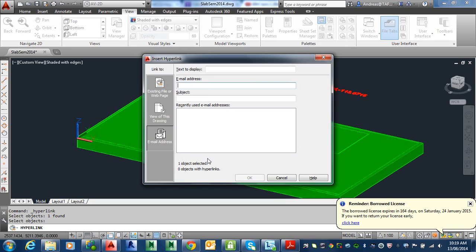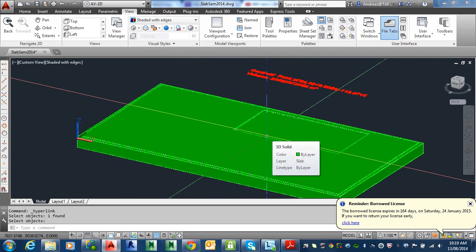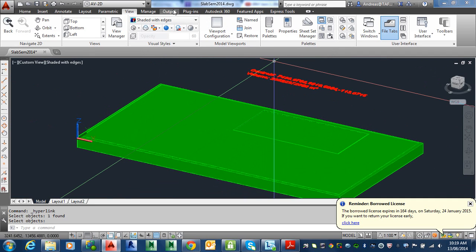Email addresses, yeah. So I haven't really had much use for this in the past. I've used it a couple of times before, but not very often. But it is a good way of attaching information. So that's that one. Now the Xdata,